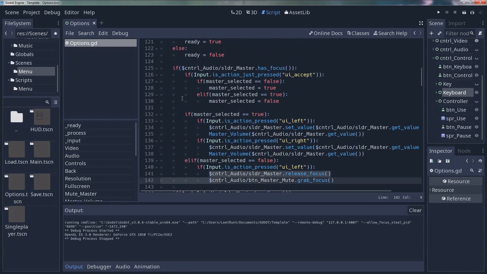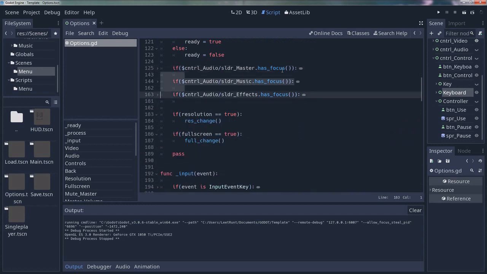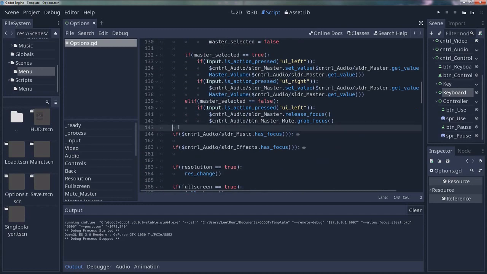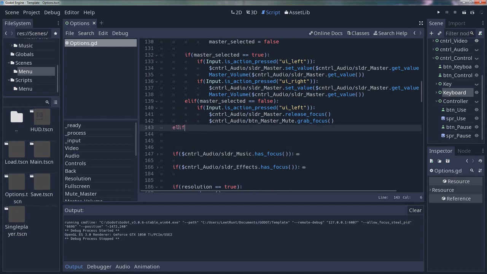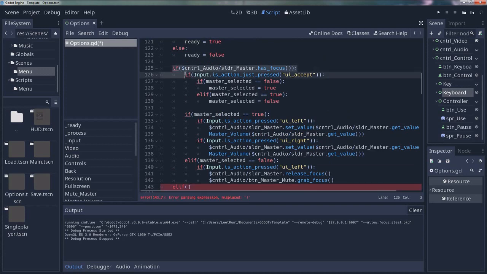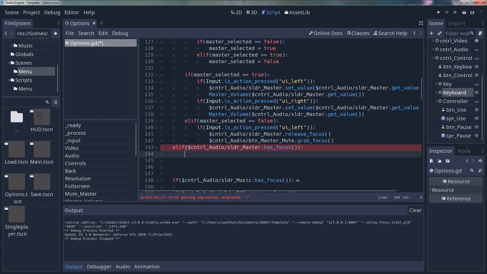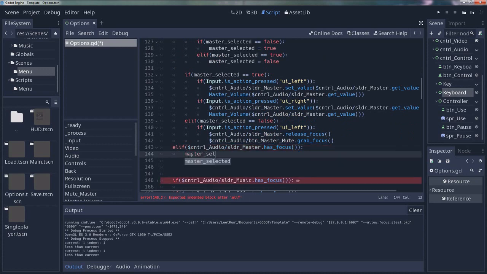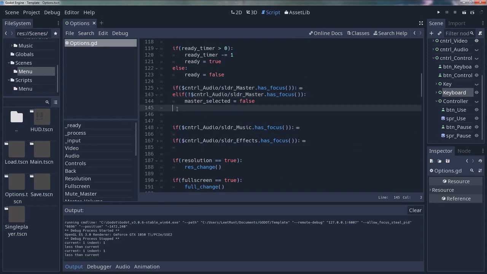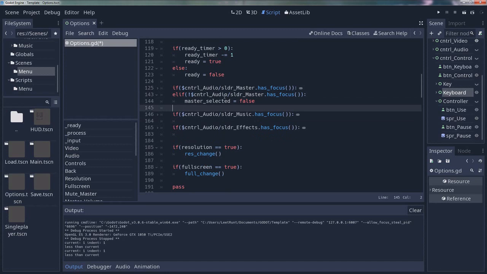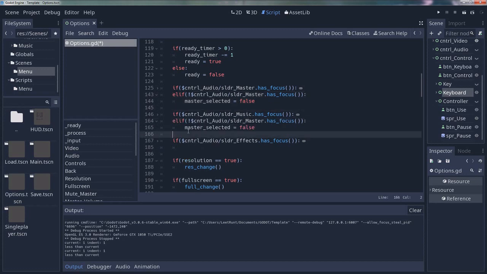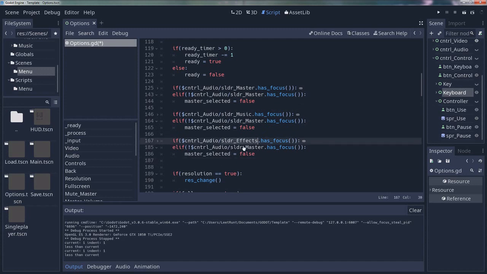And one other thing I just want to do as well, minimize all of this, open that, and then here you're just going to say LF. Let's just copy that, paste that there. So what we're saying here, I'll show you what we're doing now. I can minimize that. All we're telling it to do now is that if our slider master doesn't have focus, master selected equals false. So I'm actually just going to copy this, paste that there, paste that there, and change master to music, and for our effects,